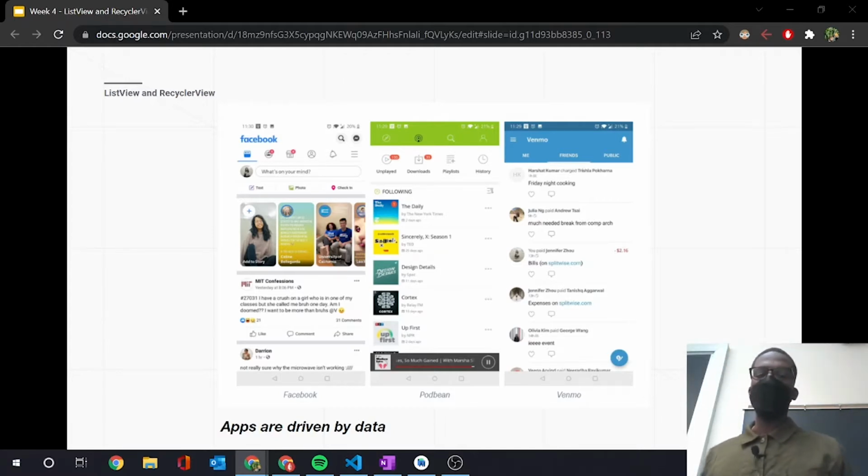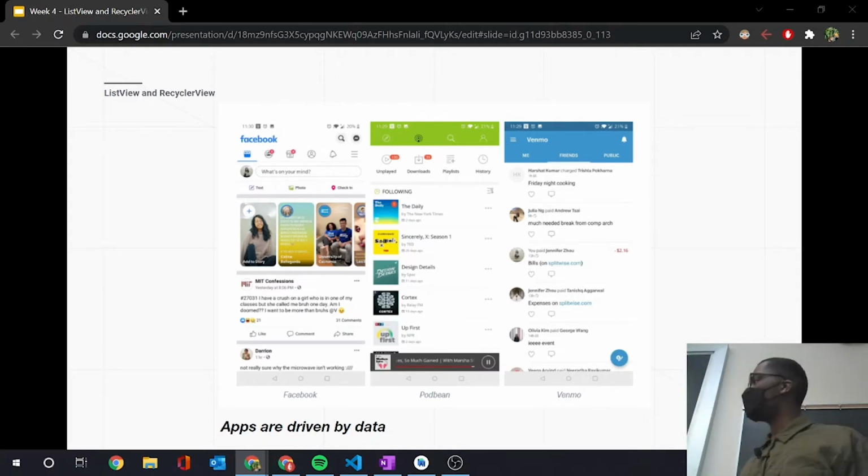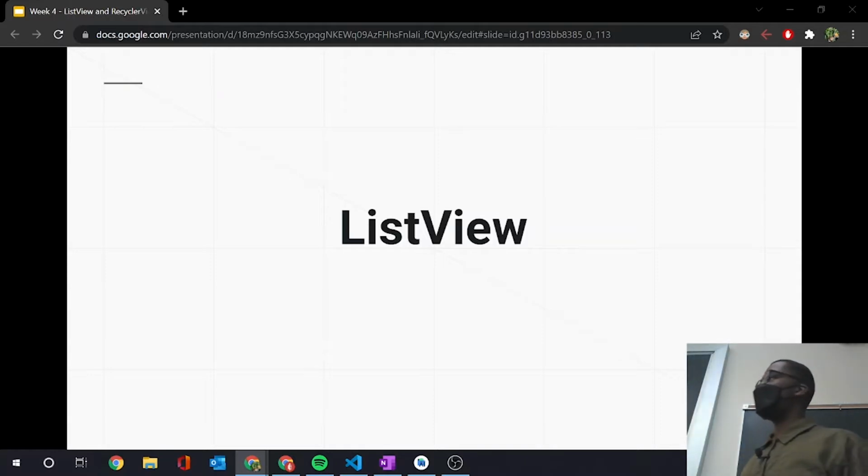So how can we build similar lists like this in Android? With that, we introduce 2 kinds of views: ListView and the RecyclerView. First, we'll talk about the ListView. ListViews are used for when the list is not expected to extend past the screen, or when individual cells in the list have simple layouts, like just a text view. So here's an explicit example of a list view.